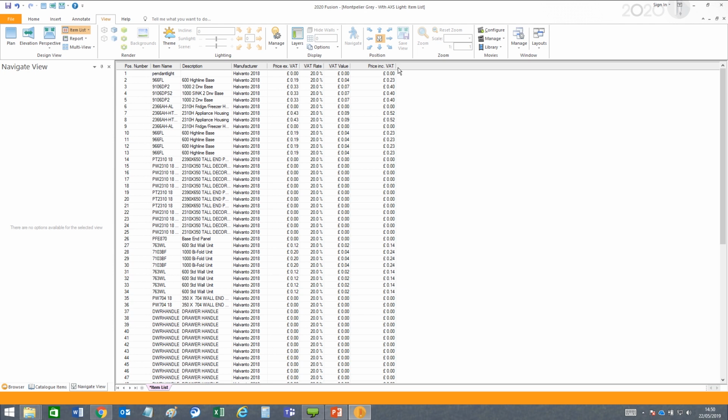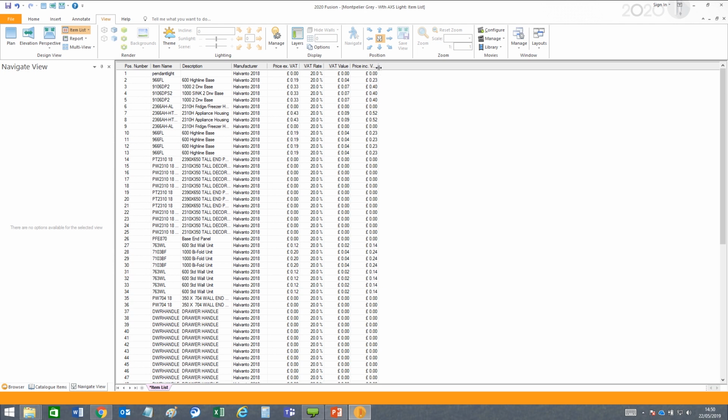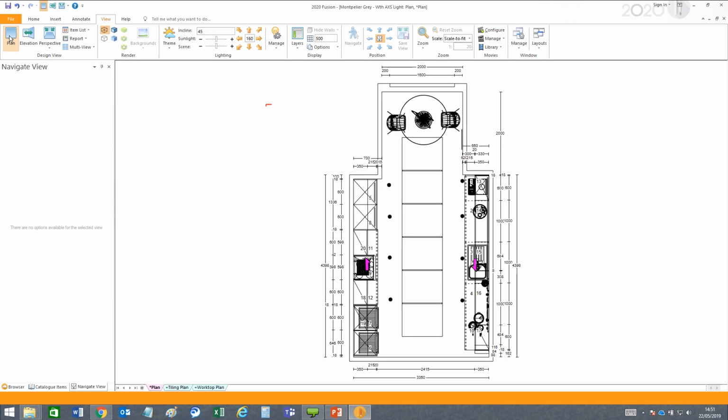So don't worry about these prices. This is an unpriced catalog here, but you get the idea that we can now have those 4 columns for your particular catalogs. Obviously, they will show true prices and calculate the values appropriately. So that's what I would describe as the pick of the features. That's not necessarily everything, but